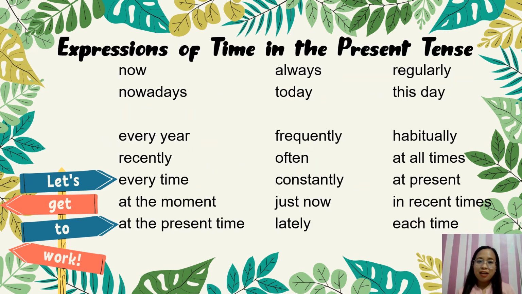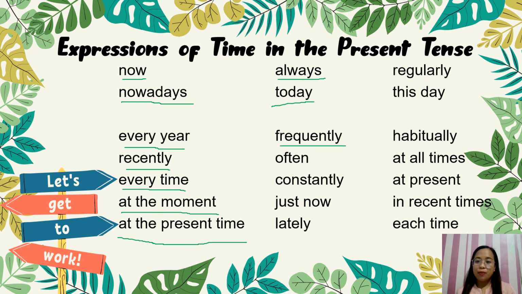Okay, class. Now, these are the expressions of time in the present tense. When we say expressions of time, ito yung mga palatandaan na ginagamit para ipakita na yung sentence mo ay nasa present tense. Okay, let's read one by one. Let's have now, nowadays. What else? Every year, recently, every time, at the moment, at the present time. What else? Always, today, frequently, often, constantly, just now, lately, regularly, this day, habitually, at all times, at